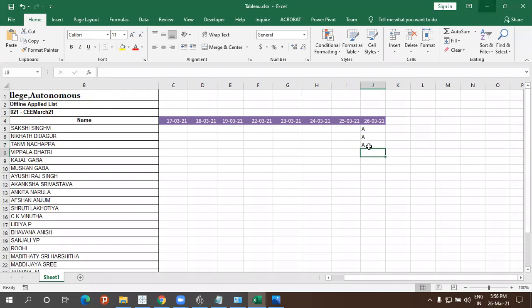Vipala Datri. Kajal. Muskan Kaba. Ayushi Raj Singh.